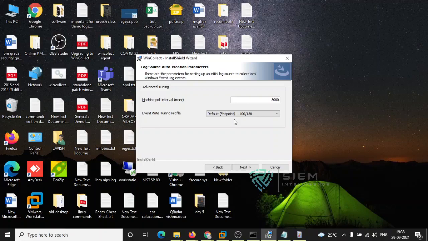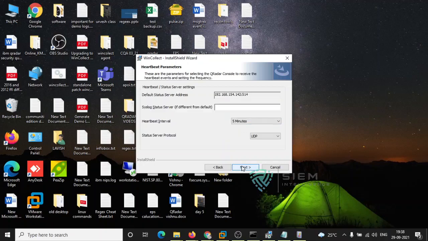If it is generating lakhs and lakhs of events, that means there is a problem with the endpoints. So QRadar will automatically understand and generate an alert to the analyzer, the help desk team, or the SOC monitor: why is this minimal server generating so many events, please check it. Or it will give an alert as an offense. For that sake only, it is giving this particular profile. It's exclusively for WinCollect only, not for others.